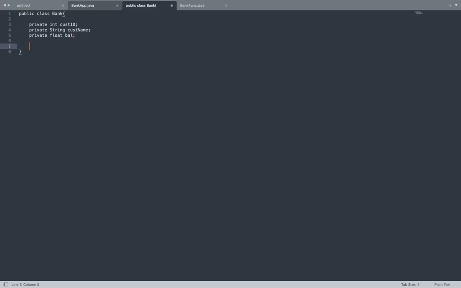Now let's create one default constructor. Just create one default constructor. Are you using Notepad? Sublime or Notepad++ only? Okay, fine. Good. So within this, just give system.out.println and print "default constructor".